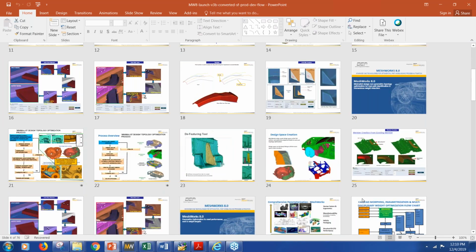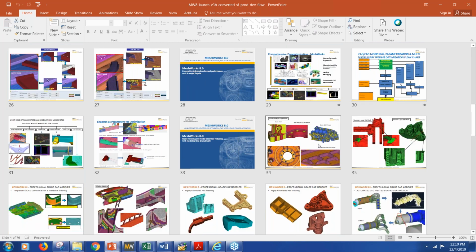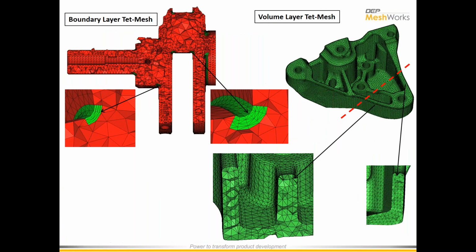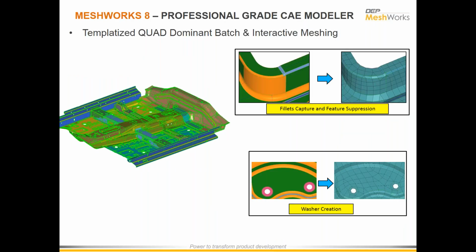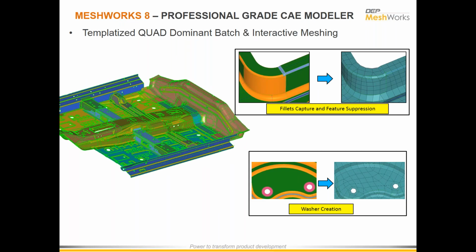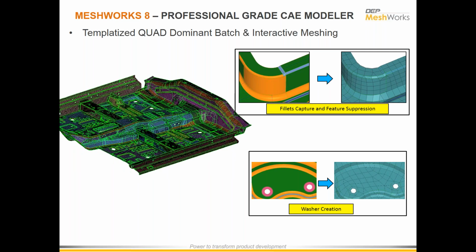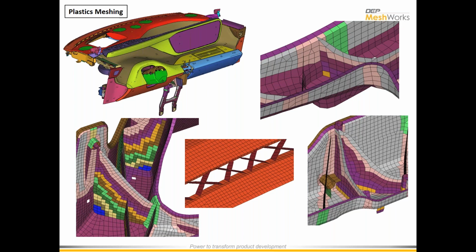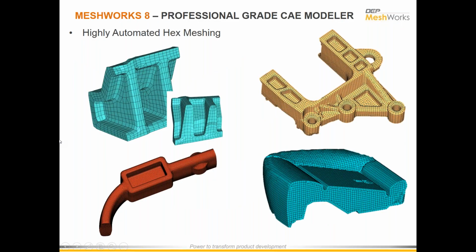Now, on the meshing front, Meshworks has the ability to greatly cut down your model building time. So the models can be complicated tetrahedral models like this, with a high degree of control of the layers of tetra elements through the thickness, or it could be sheet metal assemblies, balancing the element size with the feature capturing, or it could be plastic structures with a lot of mid-plane meshing with variable wall thickness assignment, these kind of plastic structures,